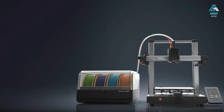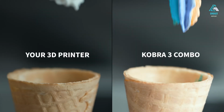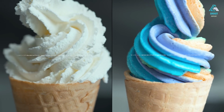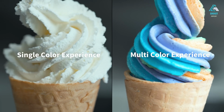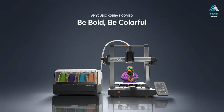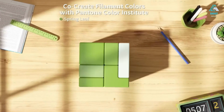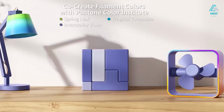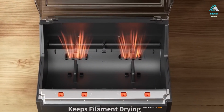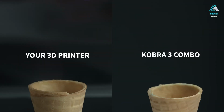The Anycubic Kobra 3 Combo is an exceptional multi-filament 3D printer and is one of a new wave of affordable, high-performance machines that I am seeing. While the design resembles a traditional bedslinger, the solid metal frame has been designed to reduce vibrations and enhance print quality. The addition of the Anycubic Ace Pro multi-filament box in the combo version of the printer that I looked at in the review enabled up to 4 filaments to be used at any one time, making it an ideal choice for beginners as well as those looking for a multi-filament